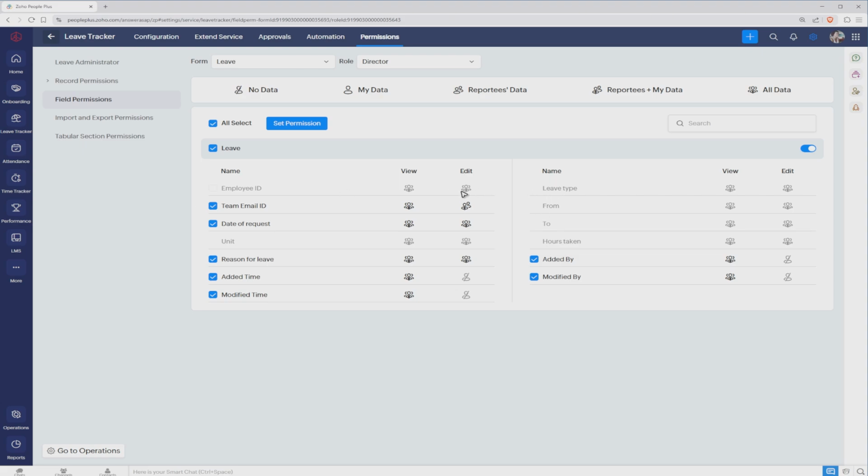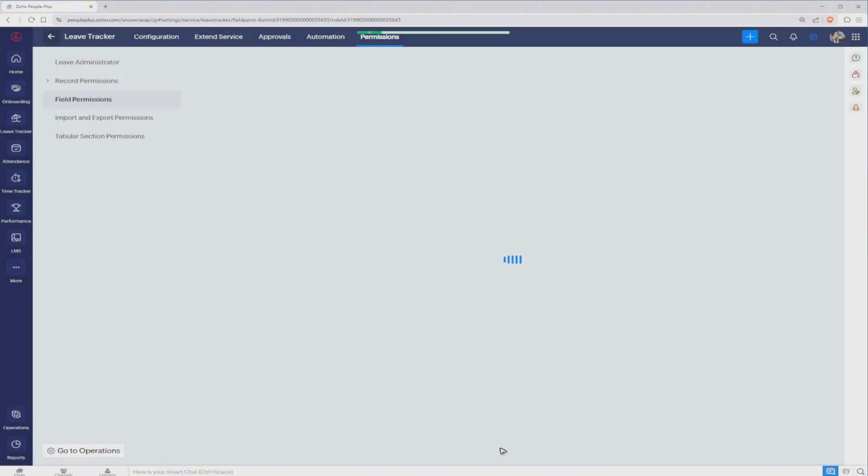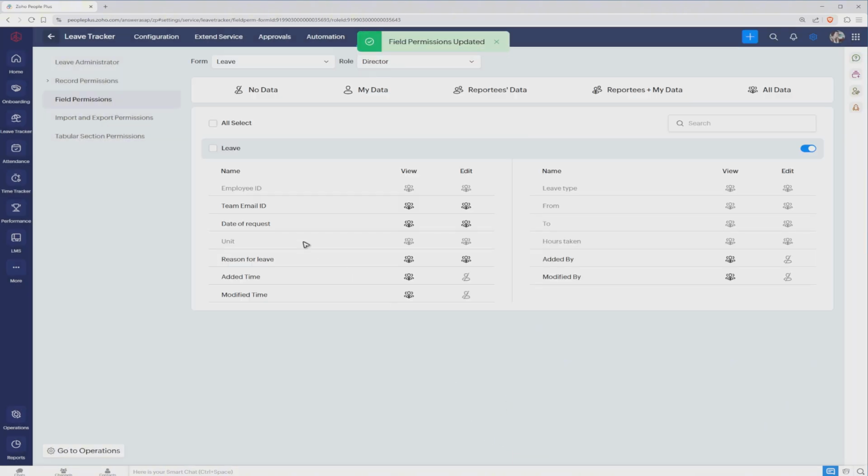And everything. Okay, now once that's done, if you're happy with that, you can go ahead and click on set permissions like so. Now once this one pops up, just go ahead and select the view permissions once more, all data, edit permissions, all data. If you're happy with that, go ahead and click on save, wait for the process to finish, and once done,